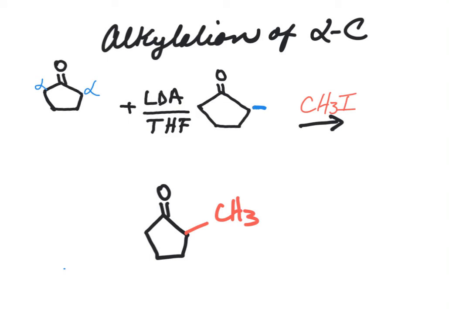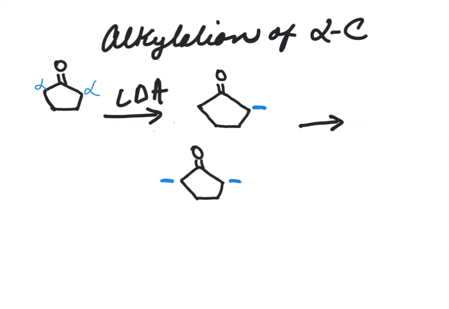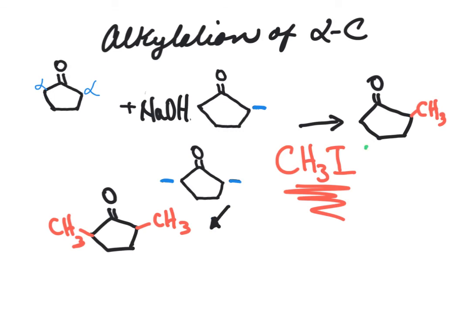For the alkylation of cyclopentanone, LDA will create an enolate that is suitable for an SN2 reaction. Having a good leaving group like iodine, we will have the product of 2-methylcyclopentanone. But since cyclopentanone has 2 alpha carbons and in each two alpha hydrogens, we can get a mixture of products. The products are 2-methylcyclopentanone and